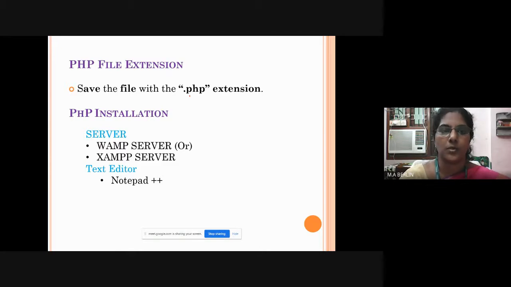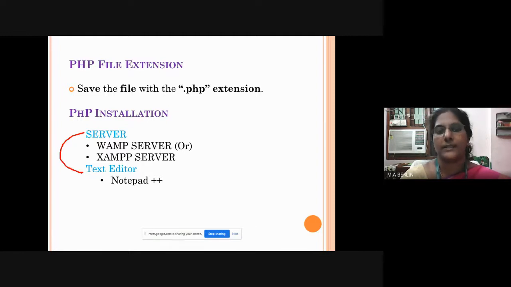And how to install PHP? For installation of PHP, it requires one server and one text editor. In the text editor, we can write the PHP program, and it can also be embedded with HTML tags. This program can be executed only on the server. So we need a server as well as a text editor.